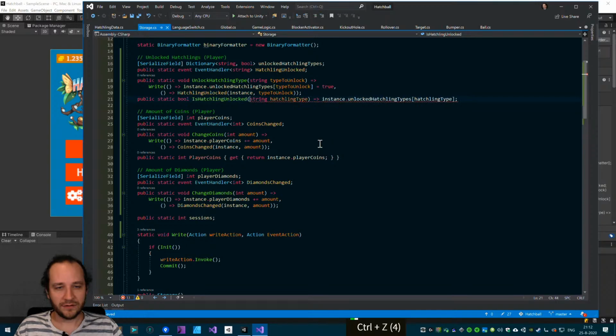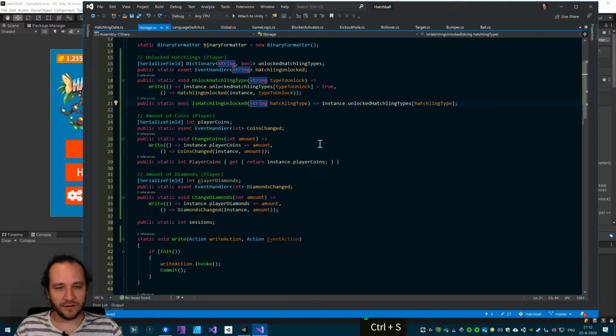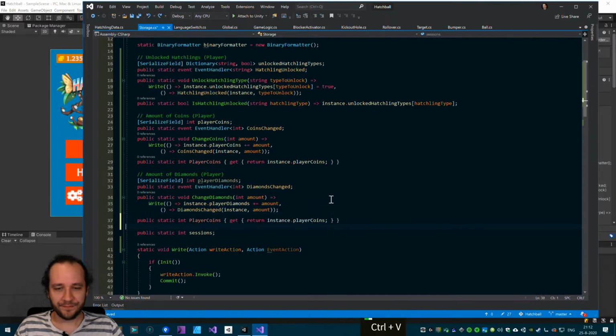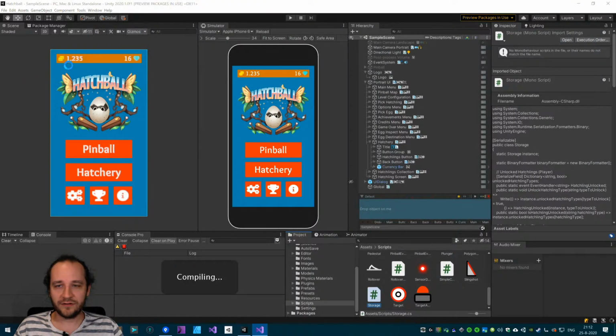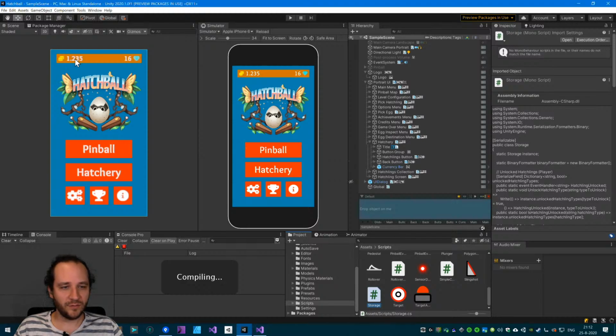No, this is good. You could probably make a property with a... no, then I'd have to make that into a type. No, it doesn't work. Okay, player diamonds, and that will return player diamonds. And this is now pretty neatly done, so that in, say, for instance, that label there,